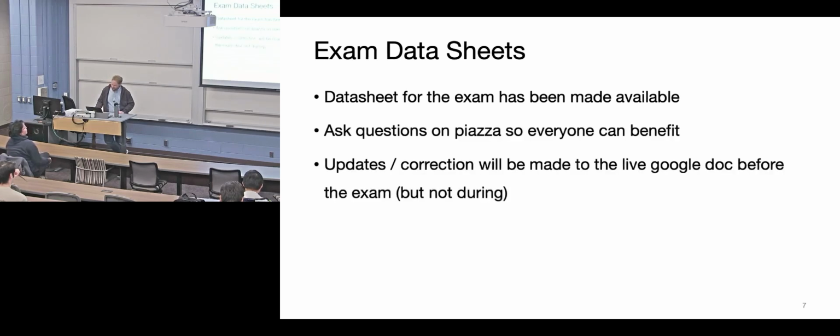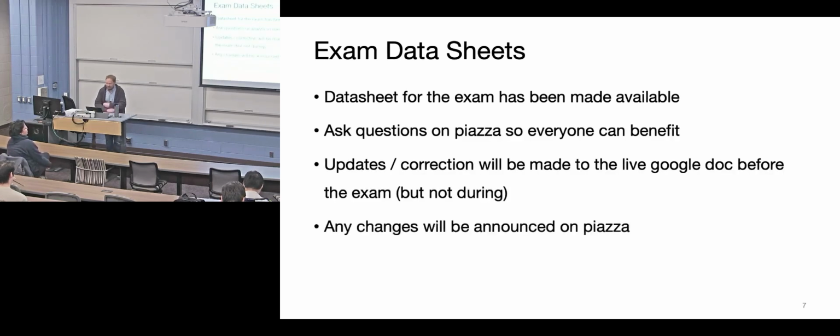Data sheet will be available. Same thing for the data sheet as last time. You can go through it, point out things that don't make sense, ask questions. If there's anything to modify, sometimes we'll get an address wrong, or it'll be crazy or duplicate addresses, whatever. Point it out, we'll update the data sheet and let everybody know that we've made that change. And you'll get a copy of the data sheet on the exam. You also get the reference sheet you got last time. Any questions?